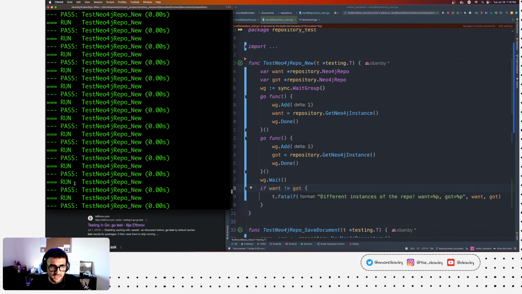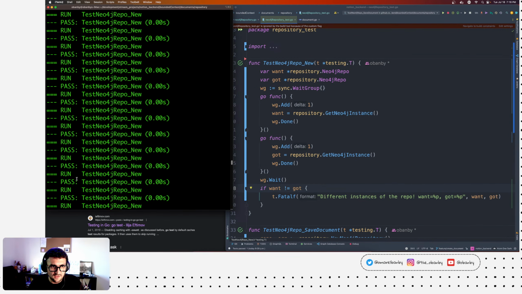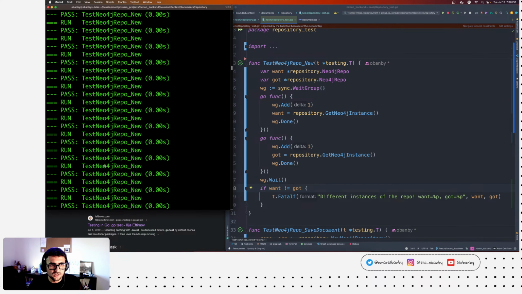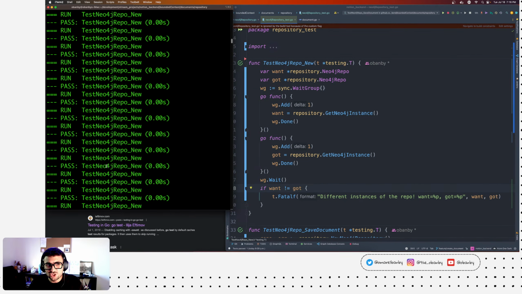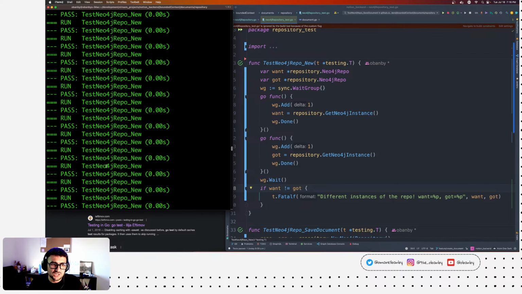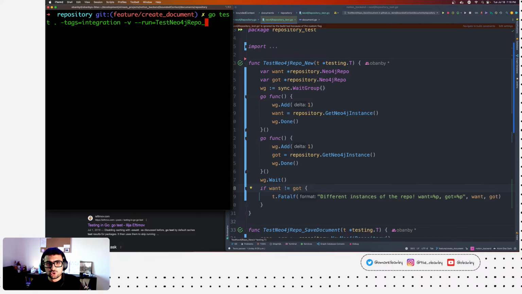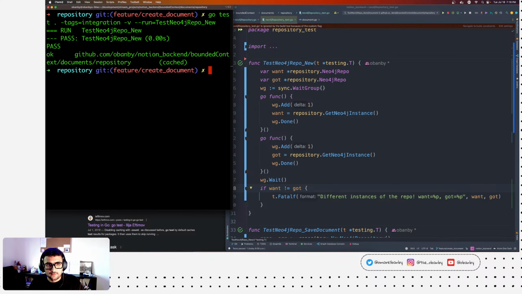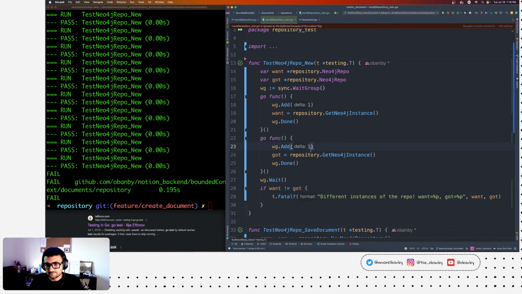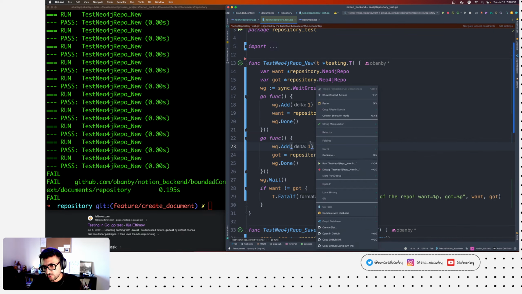It didn't really tell me how many failed. It just says that there's a failure, right? So anyways, when you increase the number of runs, you potentially increase the chances, but it's not even really guaranteed. If you only run it once, you'll be like, oh, everything's fine, but that is not true. Okay. So how do we fix this?